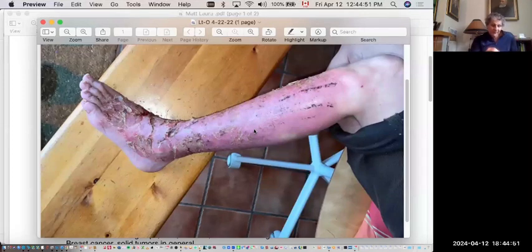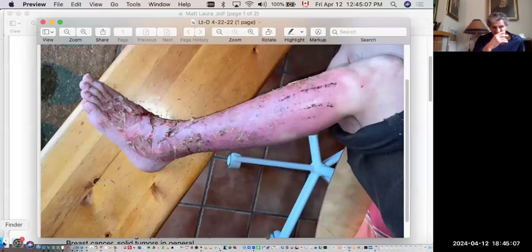Her husband cut her nails very short, and she was not supposed to scratch, but in the middle of the night she would scratch. Her husband would wake up and grab her and stop her from scratching. But you can see it's a very, very severe type of skin infection. And she was treated throughout the fall and winter with different remedies with no result. So this is in April of 2022.